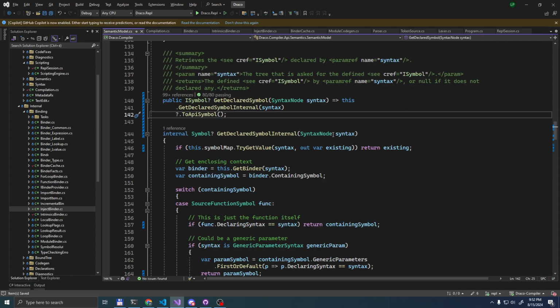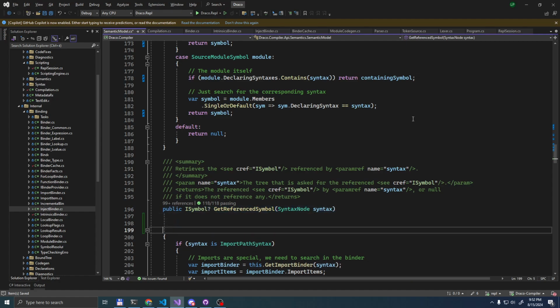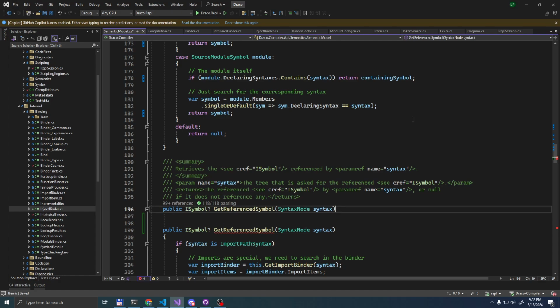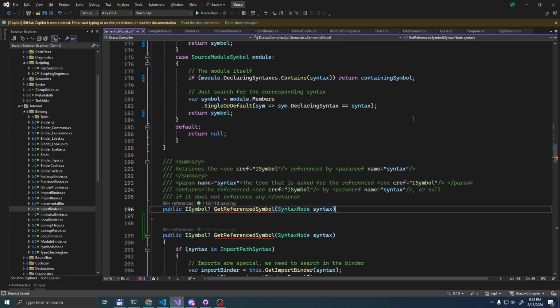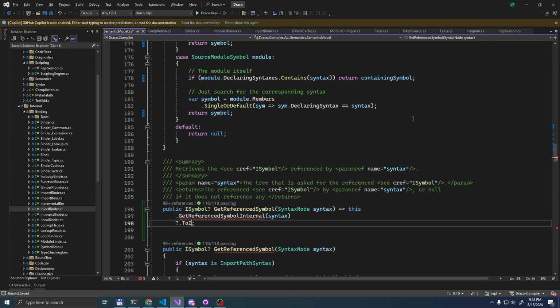And the reference symbol can get the same treatment actually. So we can just call get reference symbol internal, if I can type, yeah, and then call .to API symbol.